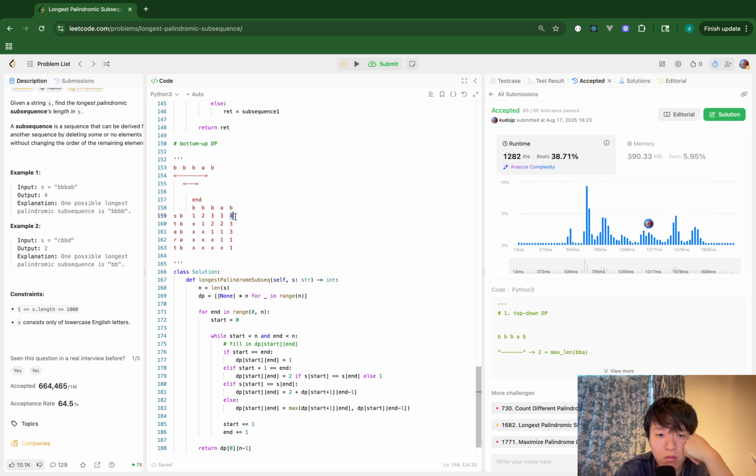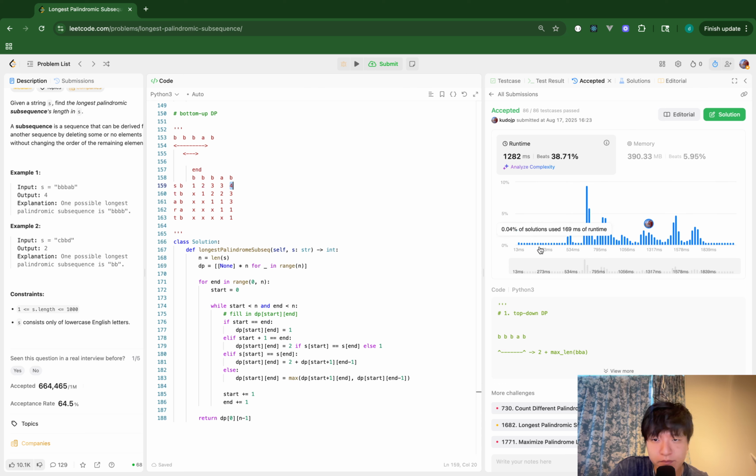No. Wait a minute. Okay, so when I define the string BBBAB, what I can do is I start from here and try to find the path which ends up with 1